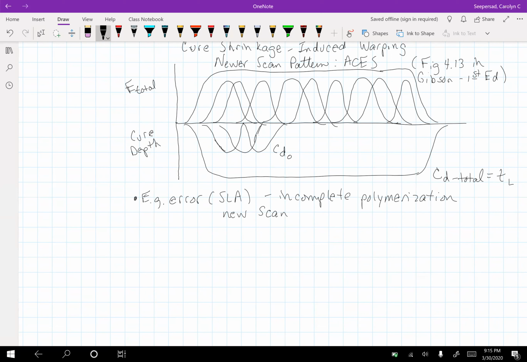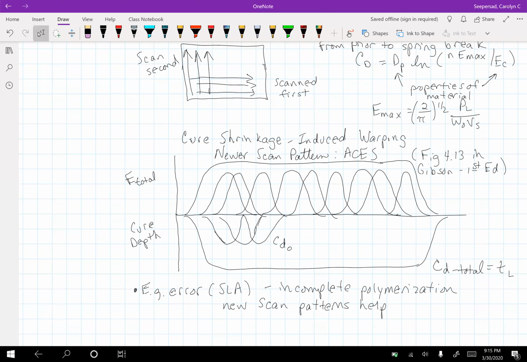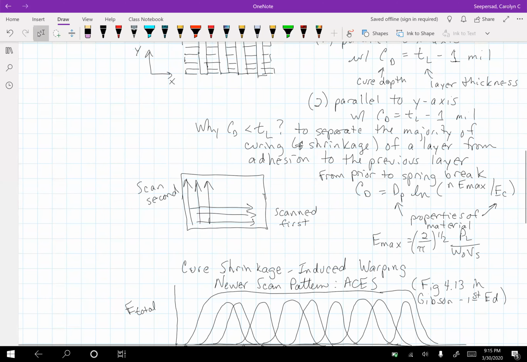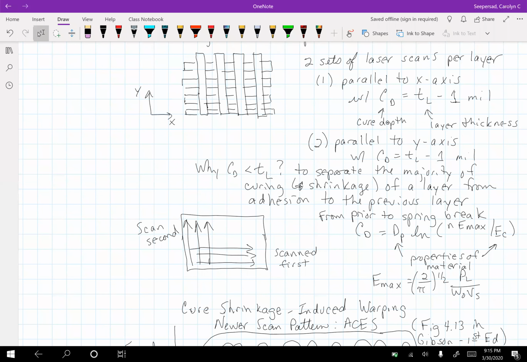Because in this scan pattern, you're distributing the scans all across the surface of the part, getting really, really good curing, nice uniform energy delivery all across the surface. Whereas in some of the older scans, you can see it's more of a checkerboard pattern, and you're not getting energy delivered to completely cover the space. And part of that is because you wanted to allow some space for shrinkage, but it also means there's a lot of incompletely